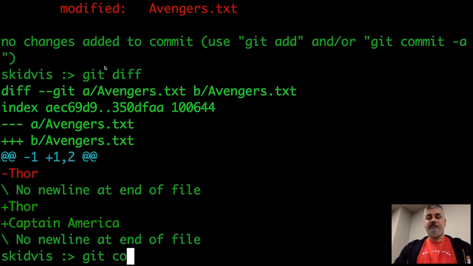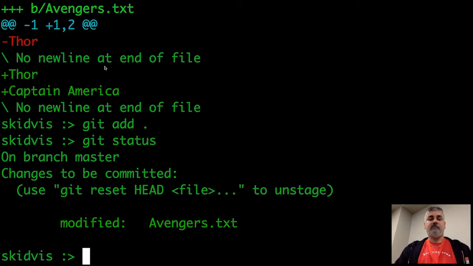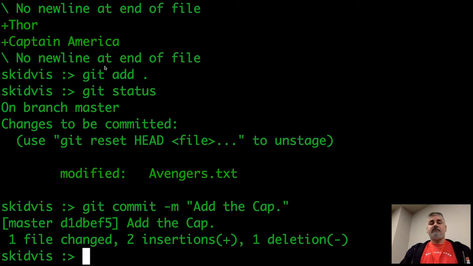I can say, oh yeah, git commit -m. Oh, I didn't add this. I'm going to do git add. So now it's ready to be added. Git commit -m add the cap. So now Captain America's in there, good to go.